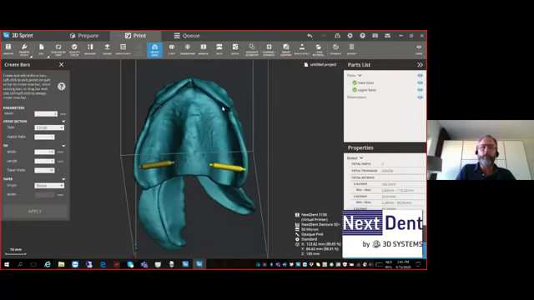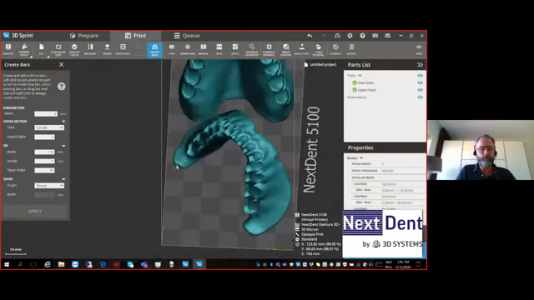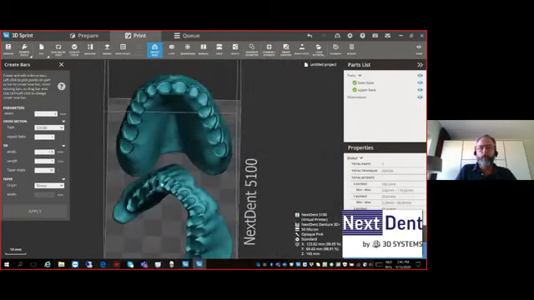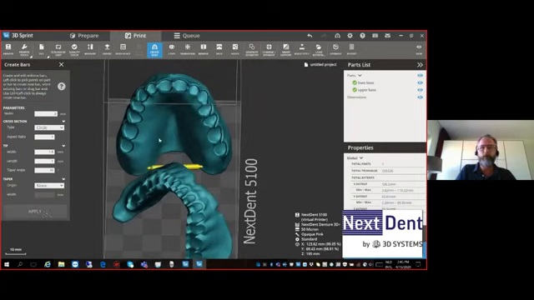We also place a bar here, just 2 points, and then you click the apply button. We also found that if you put a bar here close to the lower part of the denture and one here,